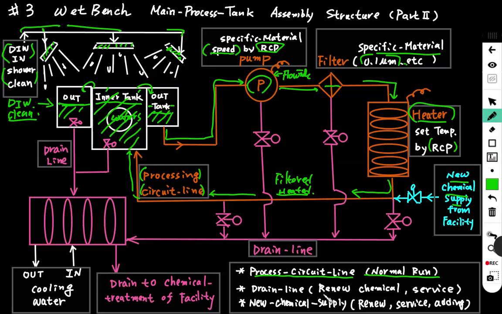And when we want to renew the chemical or do service on this equipment, we use the drain line to drain out the chemical solution. The drain line is like this: the inner tank and outer tank each have a valve to open to drain the chemical. So this is the drain line. Drain the chemical to this cooling device,